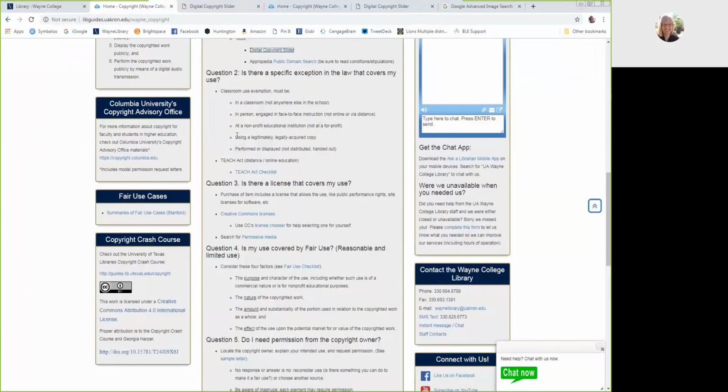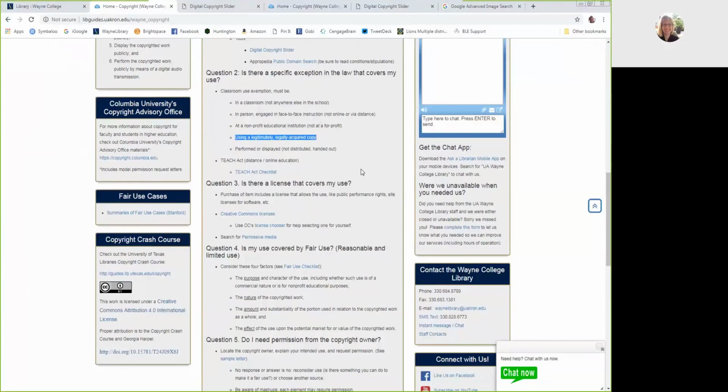Right here is where we're getting into an issue with people wanting to use Netflix in the classroom. That would probably violate this piece of it, because when you show a streamed video from a service like that, when you sign up, you actually sign an agreement that says that you're going to use it for home use only, okay?